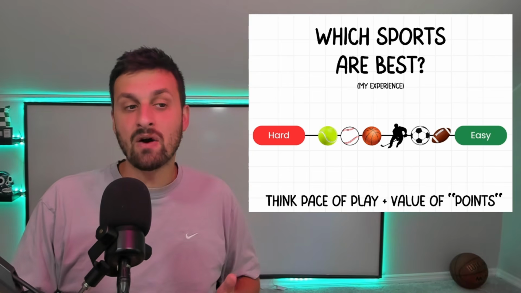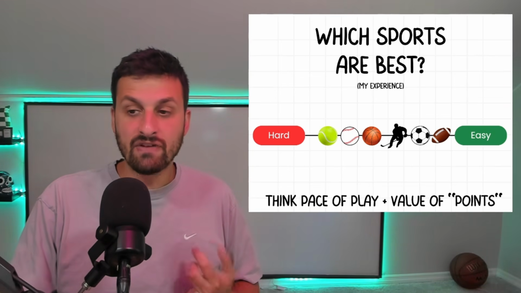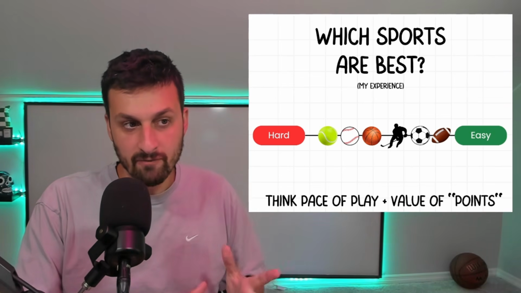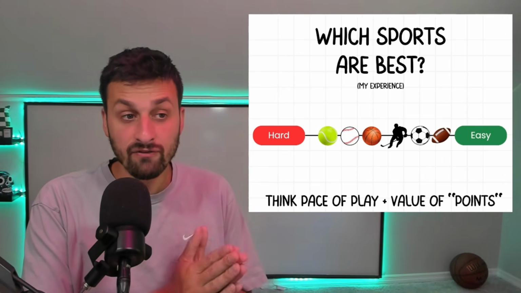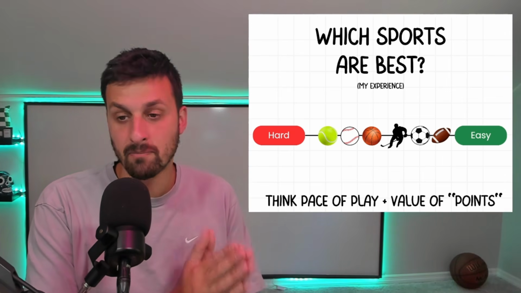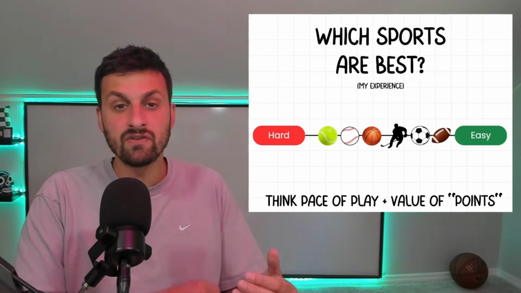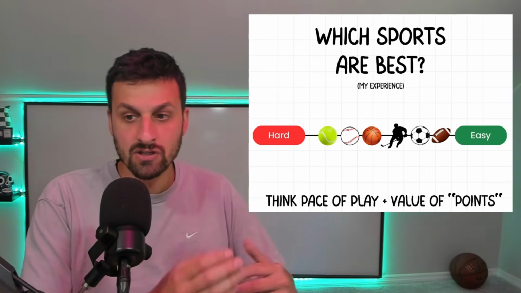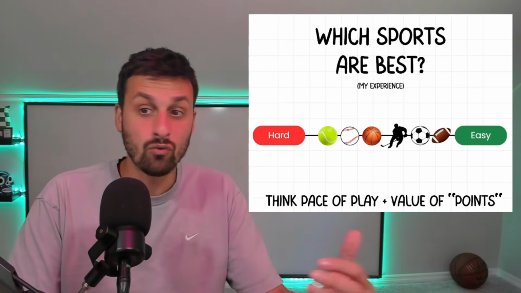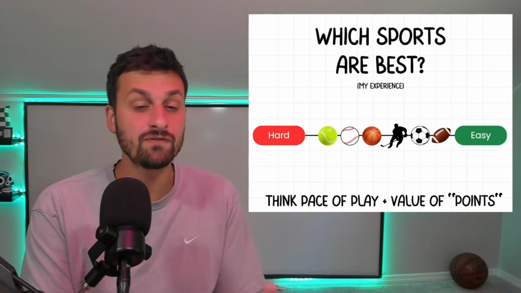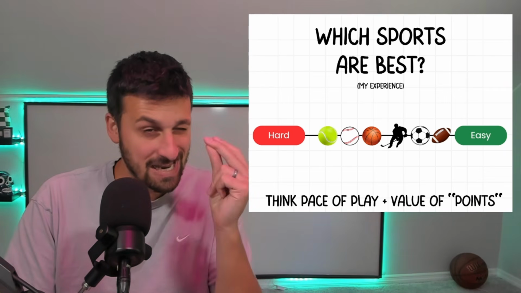What you have to think about is pace of play and the value of points when you want to approach live betting. Tennis and baseball, I find to be some of the hardest live sports to bet because they are constantly changing. Odds are constantly moving. Even the strike count, how many balls, how many strikes, a big hit into right center that causes a double, shifts the line drastically and can happen like that.